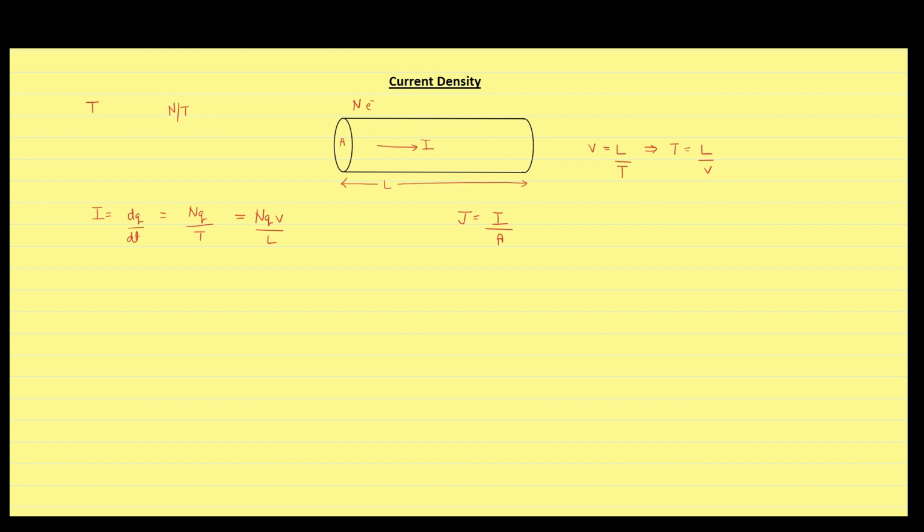Now, to find current density, we have... and if you see carefully, then N upon LA is actually number of electrons divided by volume, which is nothing but concentration of electrons inside the conductor, which we will represent by small n, which will give us